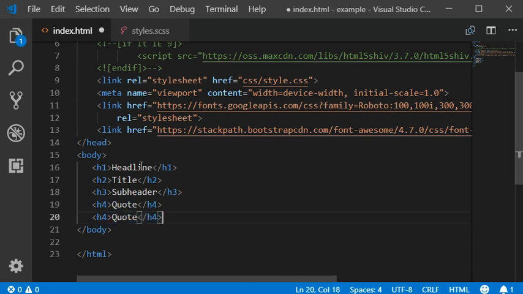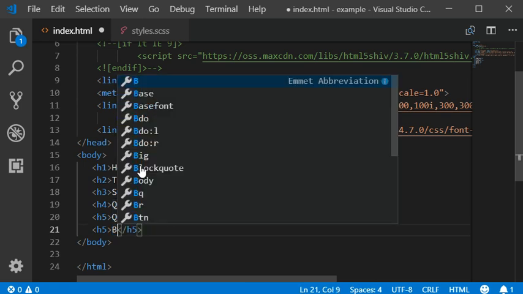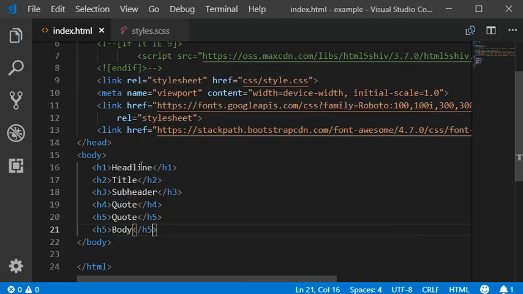which has the italic style, and then we need to add a larger body text which is h5, and we can also add the body text which is h6,